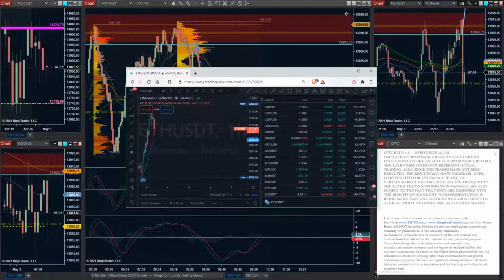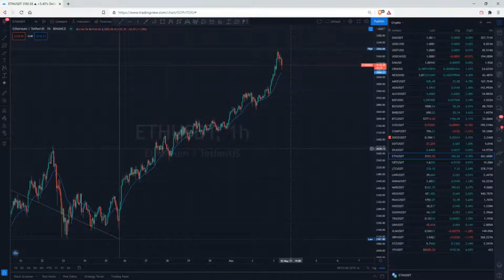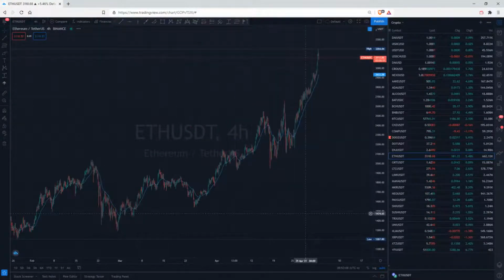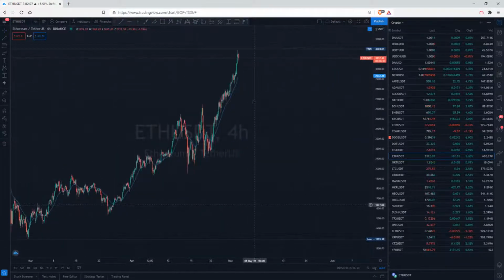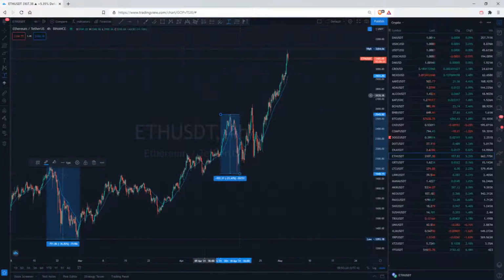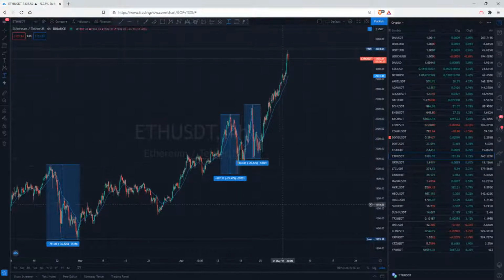Anyway, as far as Ethereum goes, for cheap, when I'm talking cheap, I don't want an hourly pullback or a 4-hour pullback. 4-hour might be gauging a little better because you're starting to get way out there. But the last time we've had any type of pullback of substance, from the top of Ethereum to the bottom of the last one, is 36.8%. We go to the next one. That pullback was 23%. That pullback was 20%. So we're seeing these pullbacks are getting progressively smaller, which I don't like.